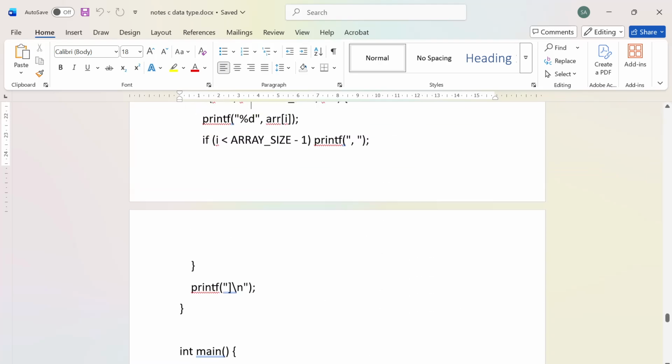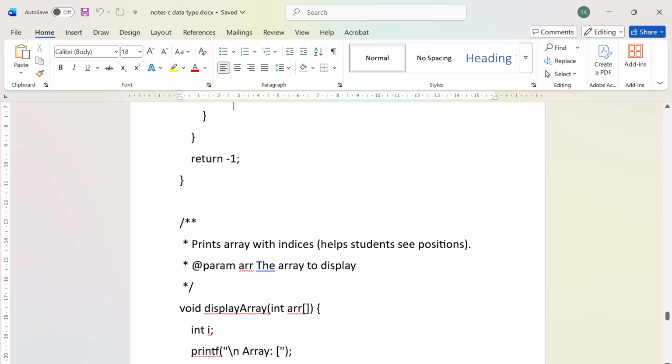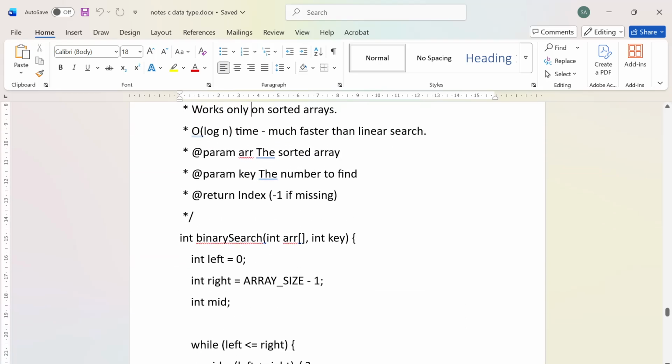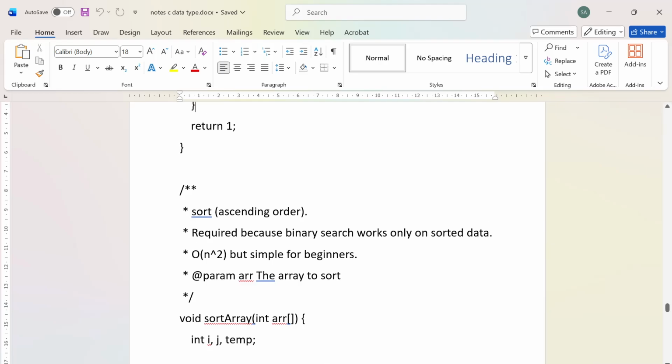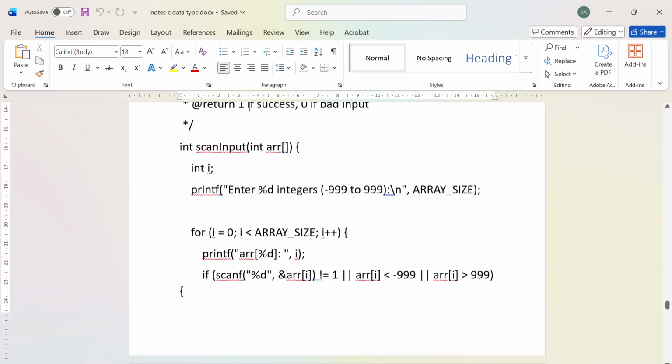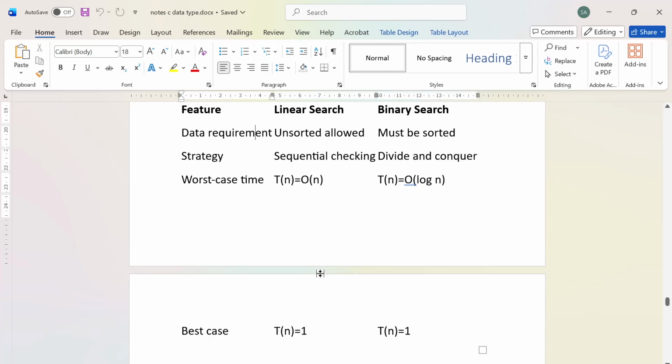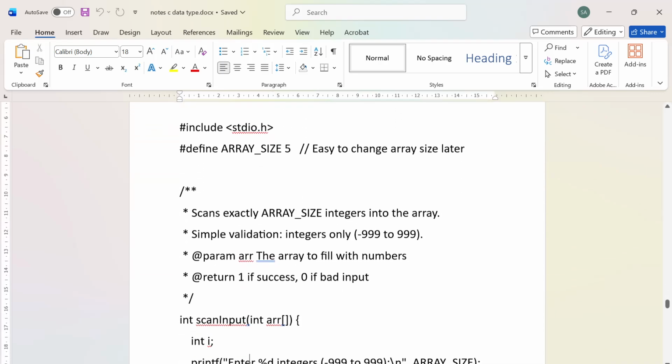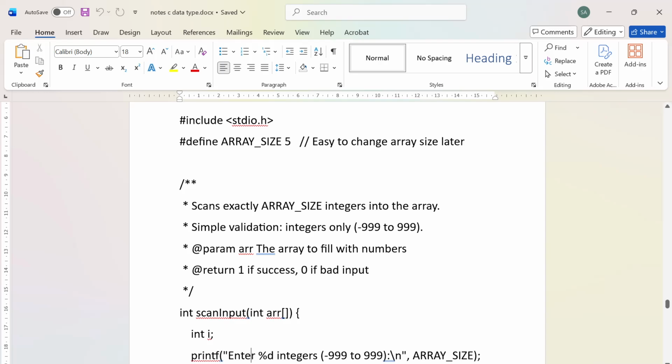Okay, guys, it has been a long time, but in the last class, we were discussing this program. If you remember, just a quick review,